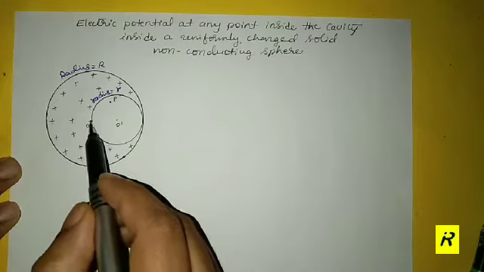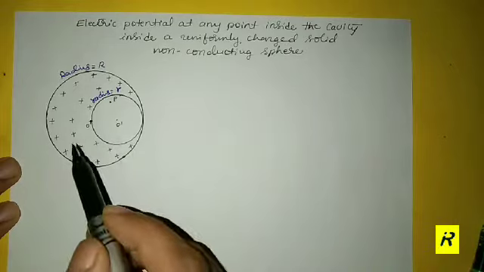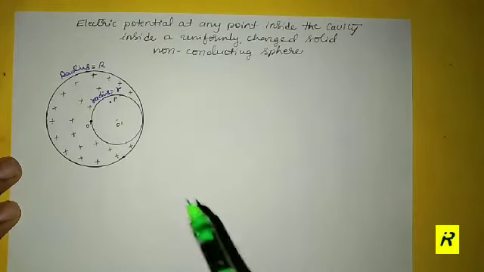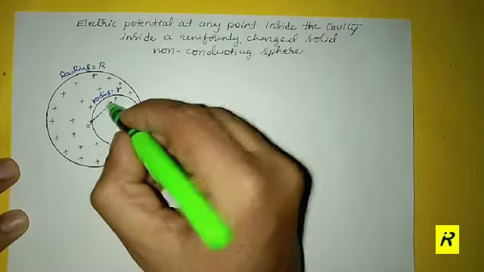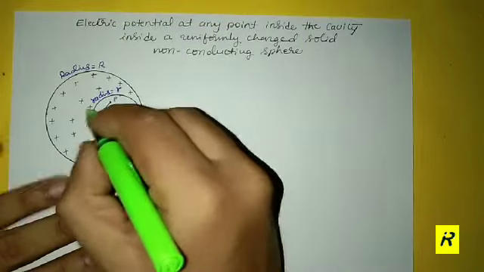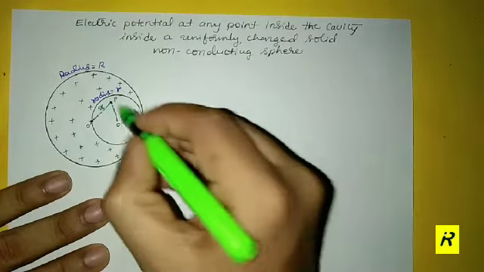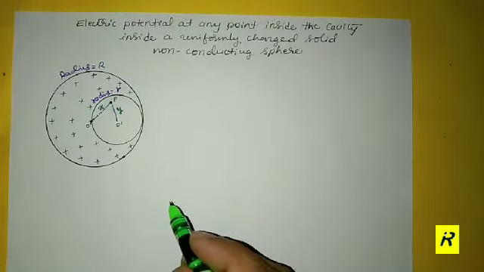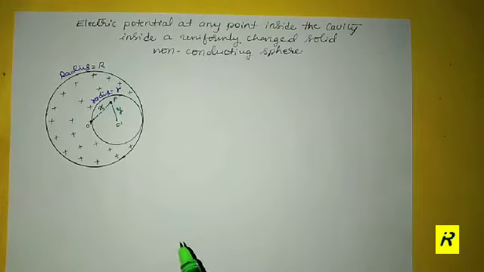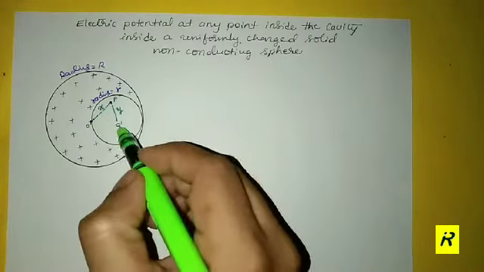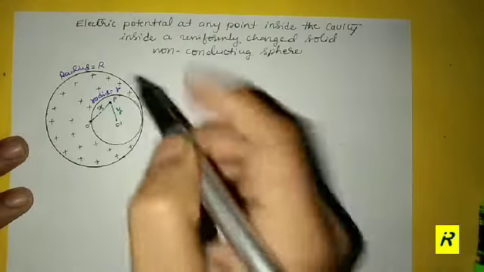Structurally, O is the center of the big sphere and O dash is the center of the smaller sphere. In this situation, this is the distance drawn from O to P as x, and this is the distance between O dash and P as y. So O to P is x and O dash to P is y, right? Now what you must know before, the hint is,